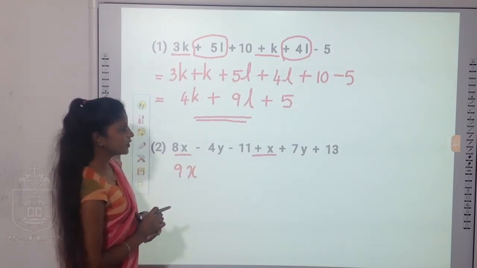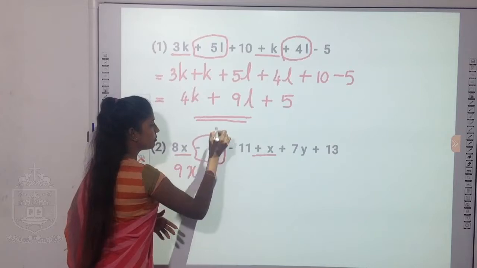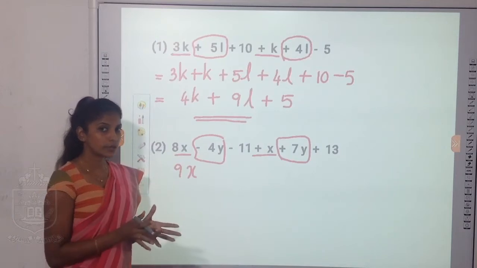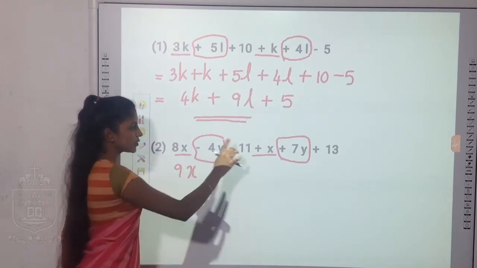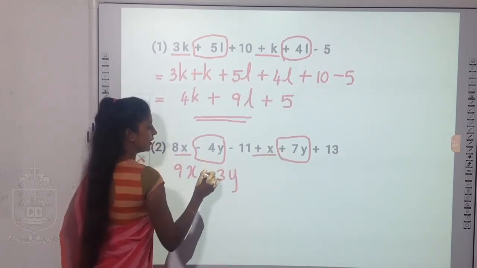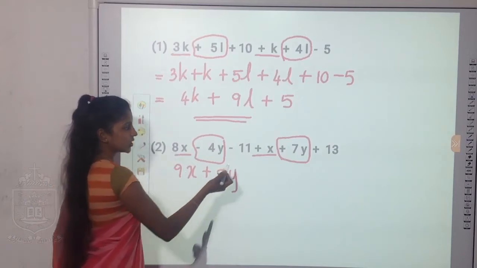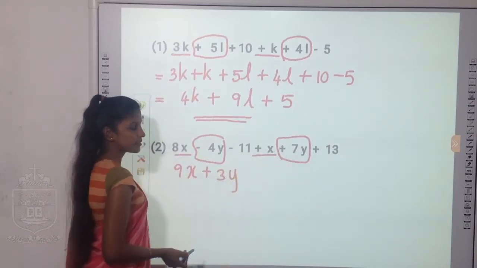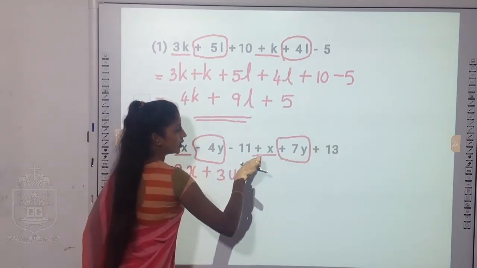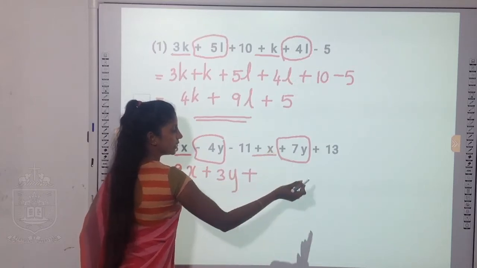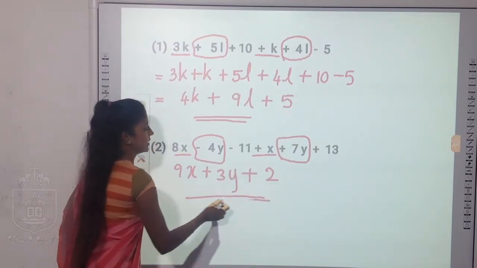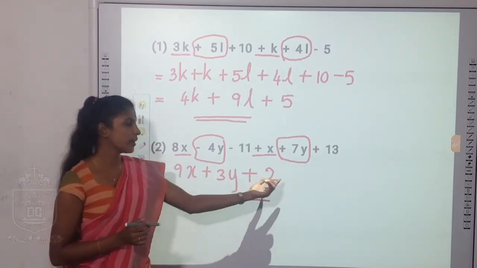And let's now go for terms with y, right? So y terms are minus 4y plus 7y. You know, if the signs are different, always you have to subtract and put the sign of the larger number. So once you subtract, 7 minus 4 will give you 3y. Larger number is 7, sign of 7 is plus. And the remaining terms are the numbers. Minus 11 plus 13, again signs are different. So you have to subtract and put the sign of the larger number. 13 is larger, so it will become positive. 13 minus 11 answer is 2. So this is the final answer. We can't simplify it more: x, y, and this is the number.